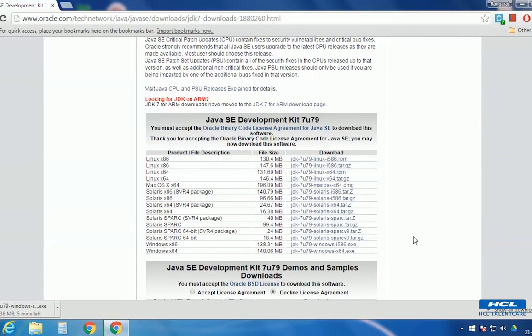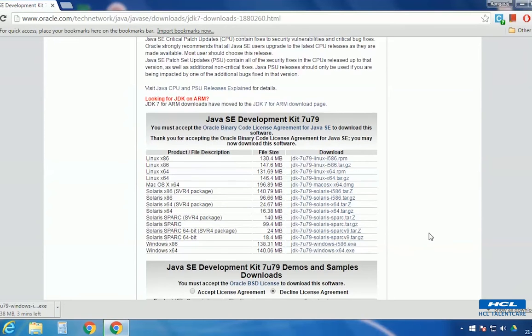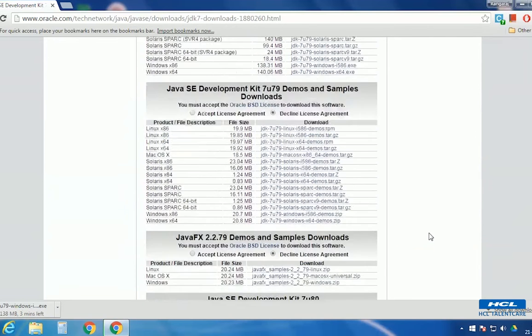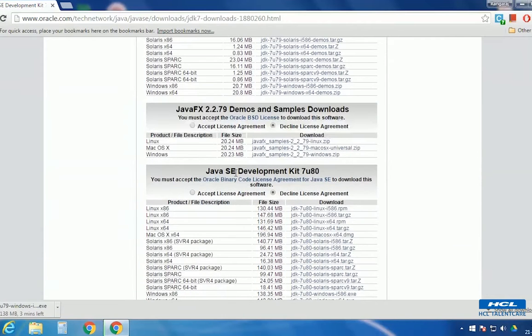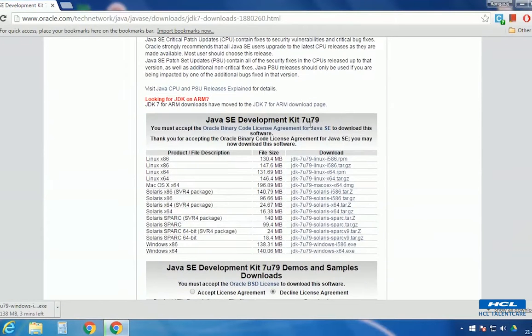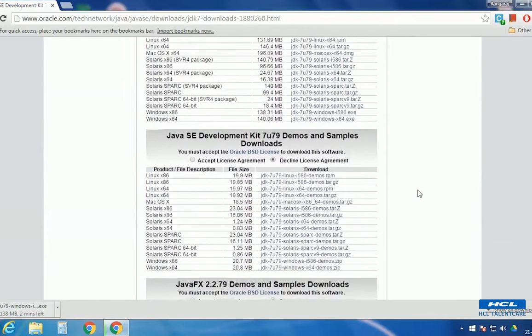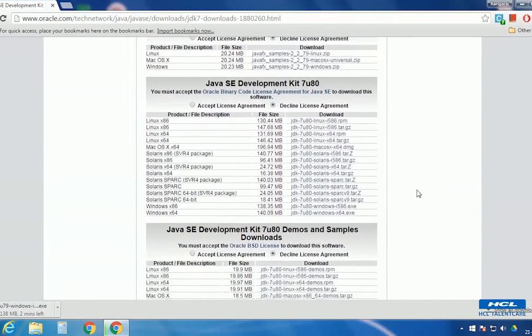Wait for some time. You can see it's almost 138 MB and it's getting downloaded. In the meanwhile, you can also go down and explore some more things in this web page. You can also see Java SE Development Kit 7U80. That is an upgrade from 7U79 which you have been downloading. You can download 7U80 directly also.